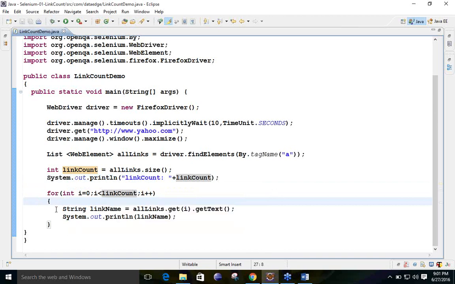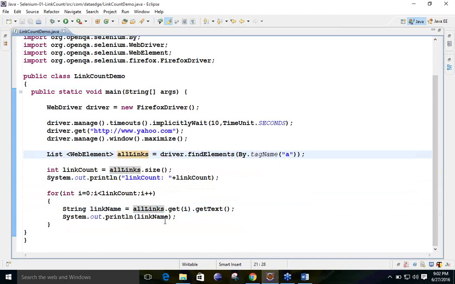It's clear for me. Then now what we are doing, see this right hand side first, all links. From where we need to take the name, we will always take the name from where we have stored. We have stored all the information of the tags into this variable only, all links. What I will tell, all links dot get. Get means one of the methods which is going to get anything.